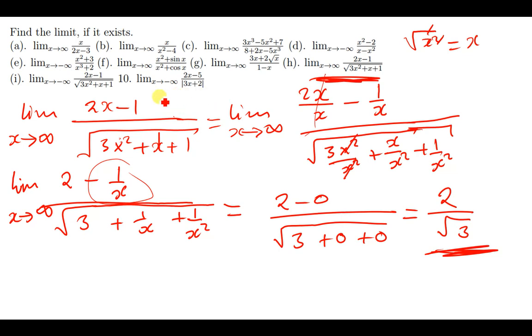Alright, so for this one, when you're finding the limit of this expression when x is approaching negative infinity, we're going to take the negative side, or the left side, of this absolute value. So how do you do that? You're going to have the limit of 2x minus 5, then as x is approaching negative infinity, of, so this part we get